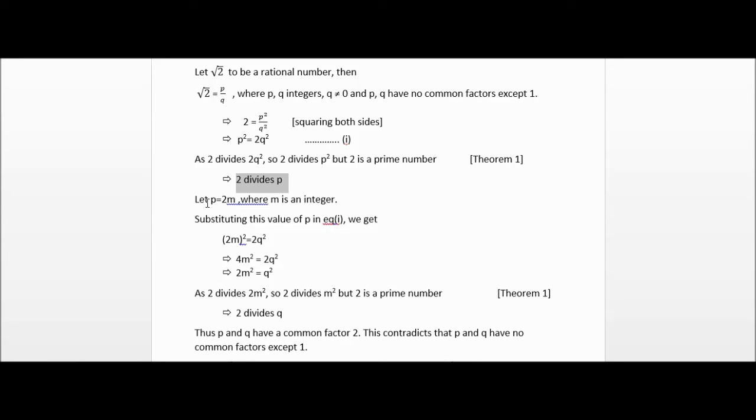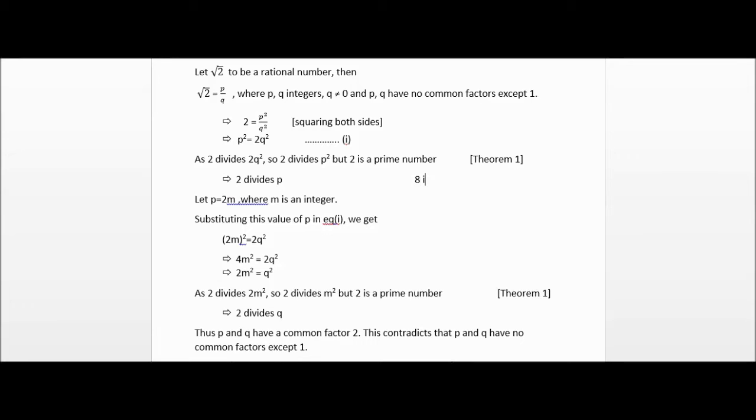Now I have considered p as 2m. Why? Because p is divided by 2, that means p is a multiplication of 2. Let's consider an example. If we say that 8 is divided by 2,